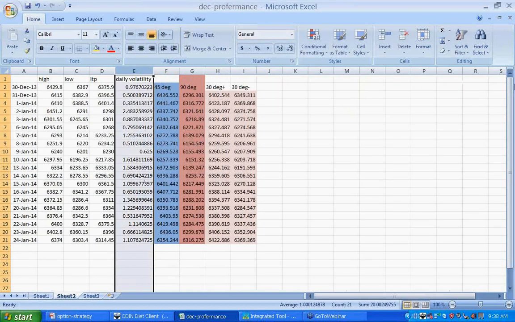It is being taken in absolute terms. After taking all these factors into account, I have looked at the past 3 days: 24th January, 23rd, and 22nd. These 3 days I am going to analyze. If you want to understand this 45-degree, 90-degree, plus 30 or minus 30 degree resistance and support, then join tomorrow's session. Tomorrow I will be taking the Gann concept, wherein you will get those things.